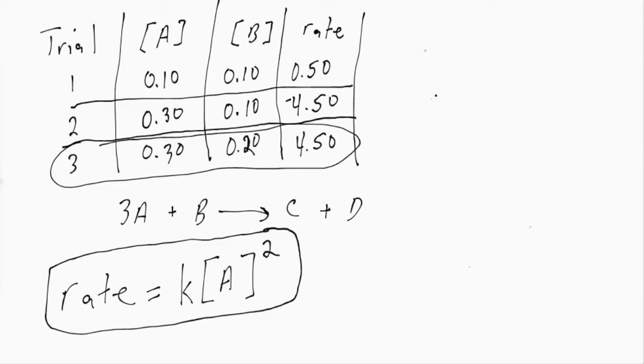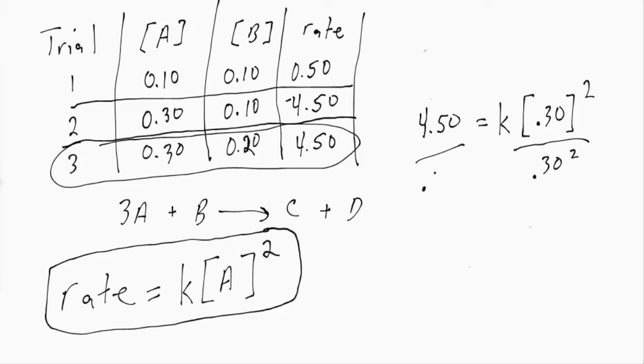So for trial 3, the rate was 4.50 equals, we're solving for K. The concentration of A was 0.30 squared. So now we realize that all we have to do is divide this side by 0.30 squared and divide this side by 0.30 squared. This all cancels out. K equals